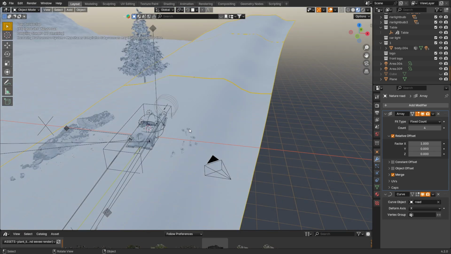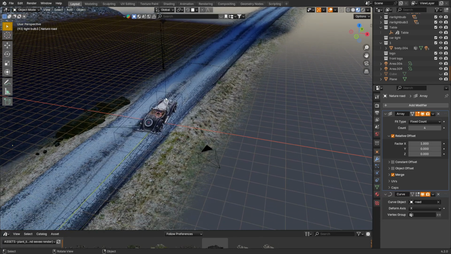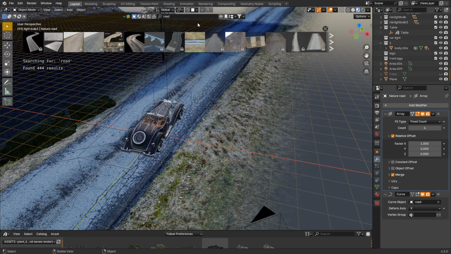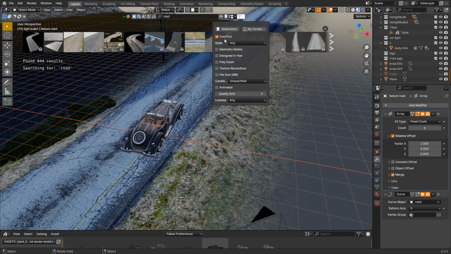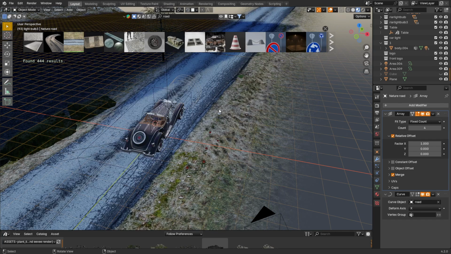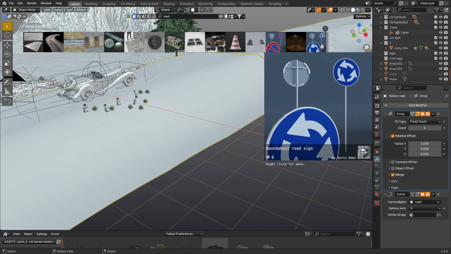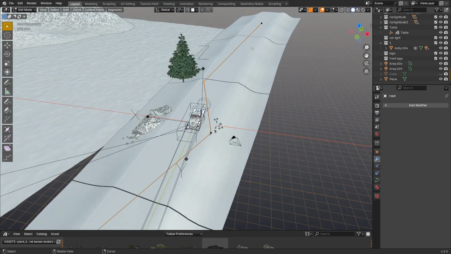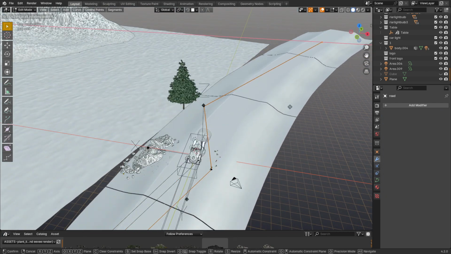I also used a ready-made road that I downloaded into the Kit Blender. Nothing complicated. I wrote the word road in the search bar. I put a tick opposite free and downloaded this one. If you go into editing mode, then below the road there is a curve with which you can move the vertices left to right or up and down, and the road will repeat the movement of the curve.